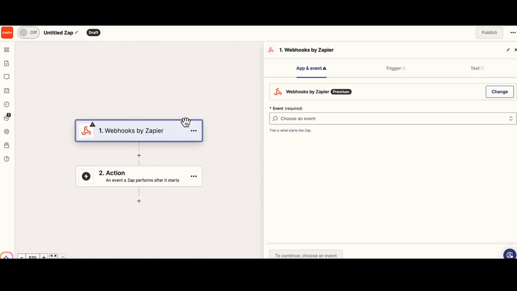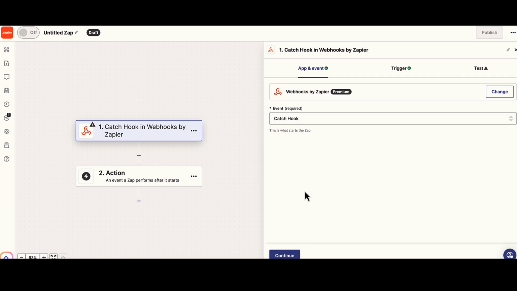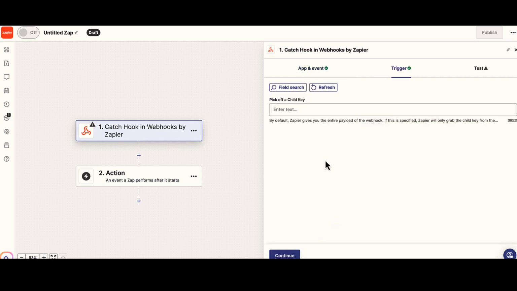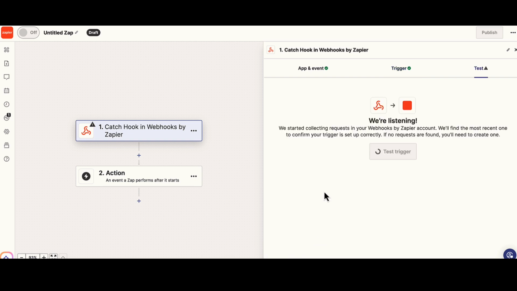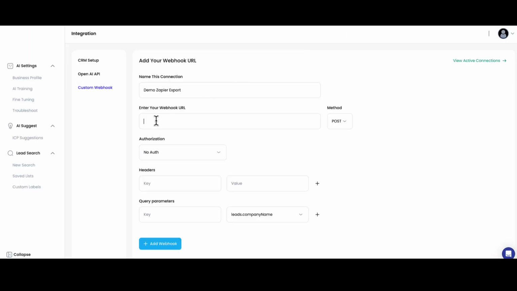And this is now going to allow us to create a URL. So the webhook's here, and the event we're looking for is to catch that webhook. As soon as we select that, we can then select continue, and we'll click continue again. We can leave this blank. So continue again. And what's going to happen now is we're given a URL which is unique to this particular Zap. So we're going to copy that URL,